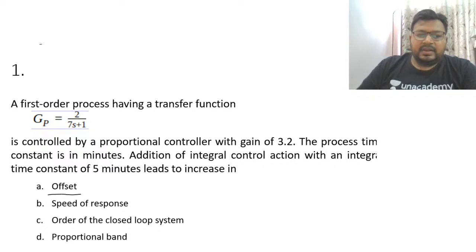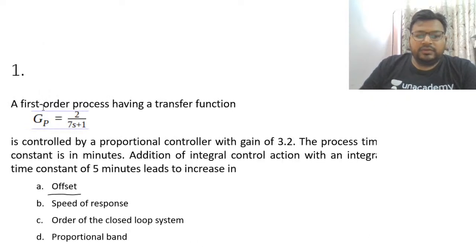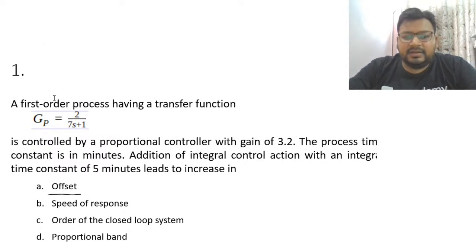Okay guys, so let me discuss this question now. As you can see, the first order process has the transfer function Gp equals 2 by 7s plus 1. It is controlled by a proportional controller with a gain of 3.2. The process time constant is given in minutes. Addition of the integral action with an integral time constant of 5 minutes leads to an increase in...